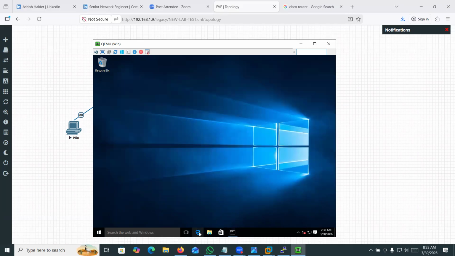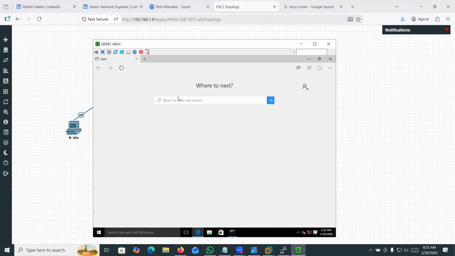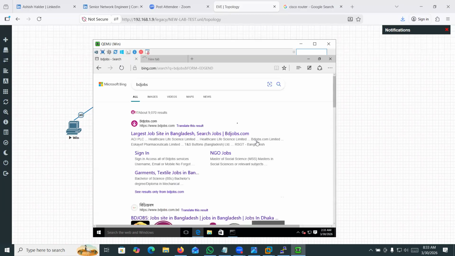And now if I go to the browser, I can browse, for example BDjobs or any job site, Facebook.com. You can see we can reach the internet, right? We can browse any website.